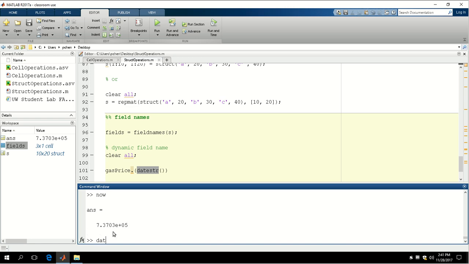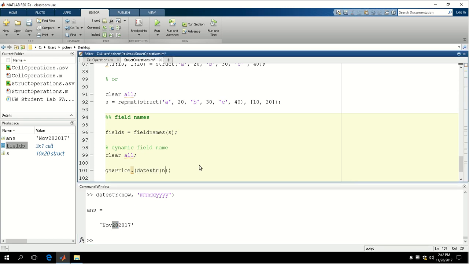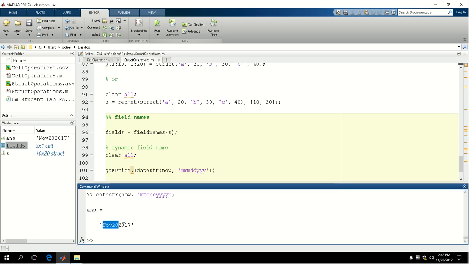And then if we do datestr and reformat it into month, day, year, that's going to give us November 28th, 2017, right? So that's exactly what we want. And then the formatting string, month, day, year, right? So datestr now with this kind of format is going to return this kind of string. And then we're going to use this particular string as